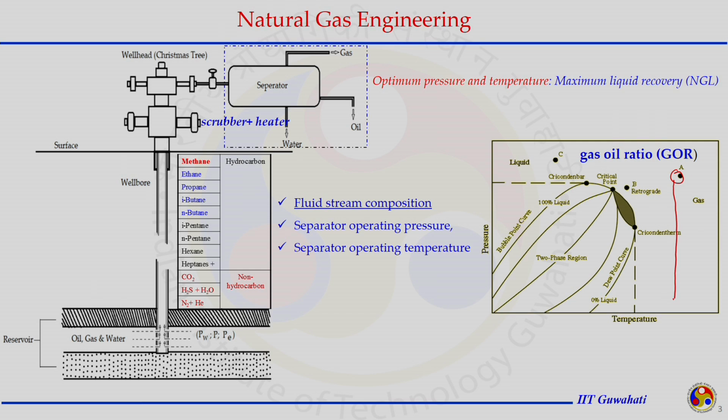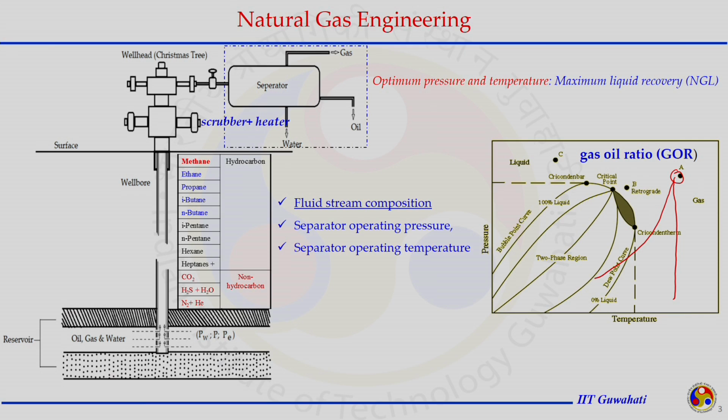If it is isothermally coming like this, we are okay, we are having only gaseous compounds at the reservoir condition as well as separator condition. But if temperature is changing, pressure is changing, and we are entering the envelope of the two-phase region or multi-phase mixture system, we are going to get some of the condensate or liquid compounds releasing out from the gaseous substance. Thus, the separator decides exactly under what condition it should be operated. So, we are having recovery of the higher hydrocarbon compound there itself.